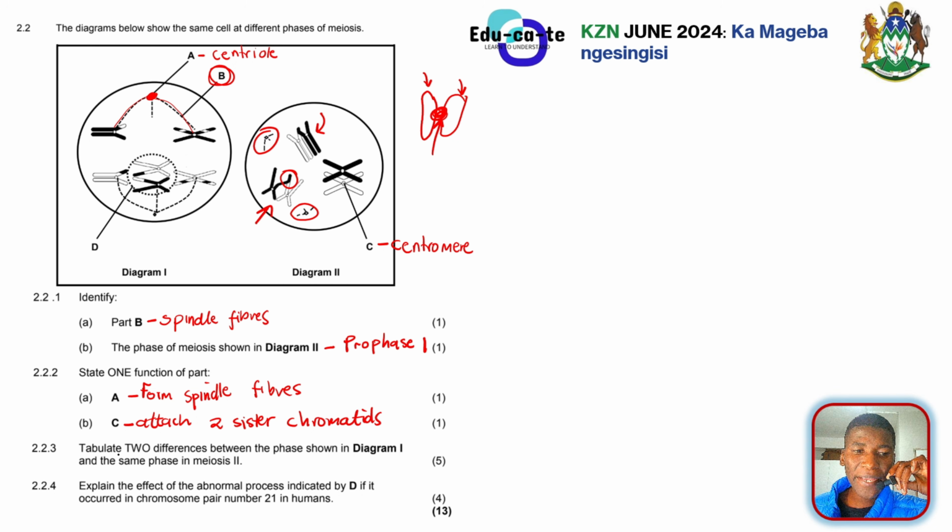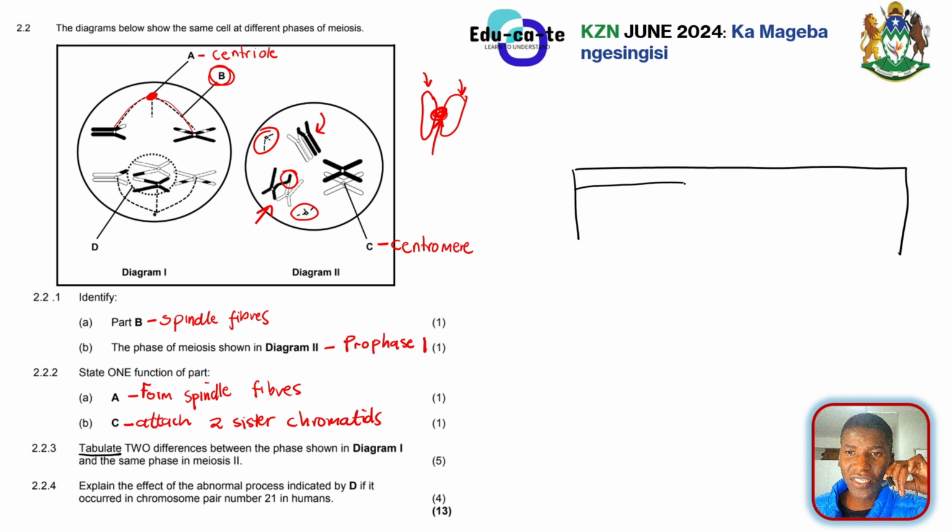Now, these questions are very important and very crucial. 2.2.3 says tabulate. The instruction says tabulate, so you are supposed to draw a table. There is a mark for drawing a table. Whenever they say tabulate, you must draw a table. If you don't draw a table, you are violating the instruction, and you are most likely not to get the marks. Let me just be frank and quite honest with you. Draw a table. You can even draw it by hand. Let's just say, for example, you forgot your ruler, or maybe most of you don't have rulers, of course. You guys probably don't care to have rulers. So basically here, you draw a table.